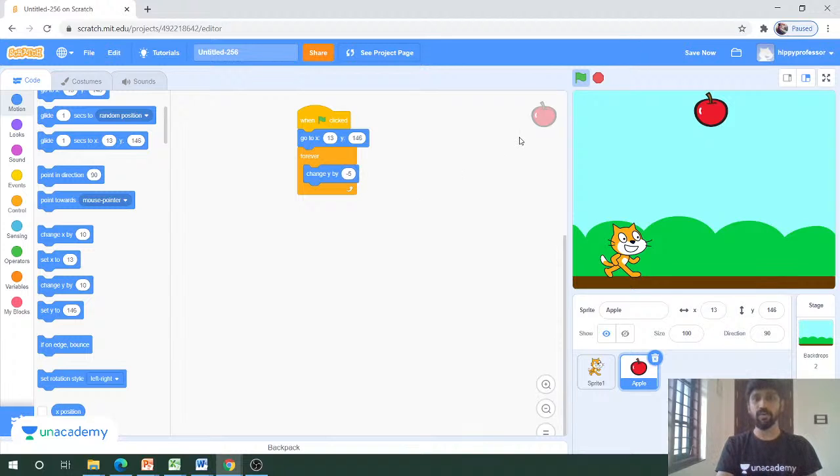Okay, if I just click on the flag, you can see that now the apple is coming down like this. And if I just click on the flag again, it will go to the initial location again. That's the use of setting up the initial location. Okay, and the next thing is that